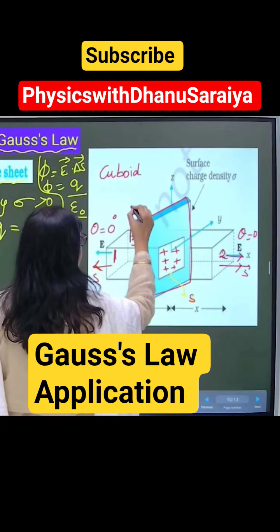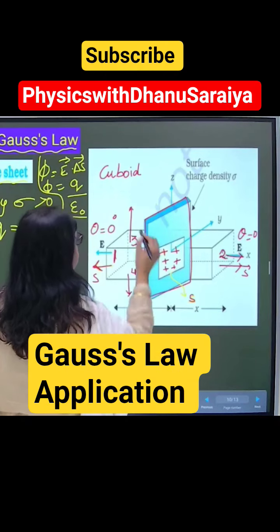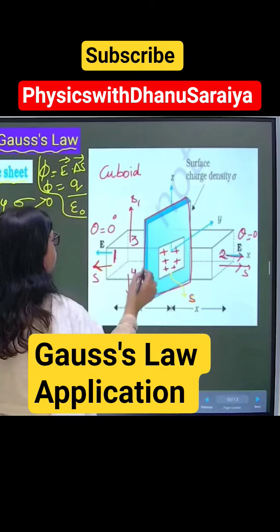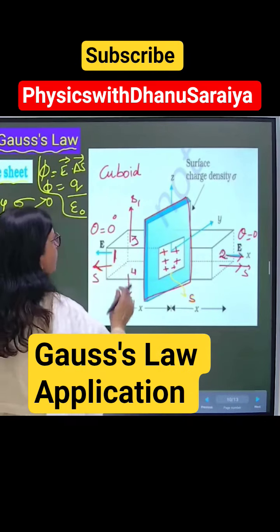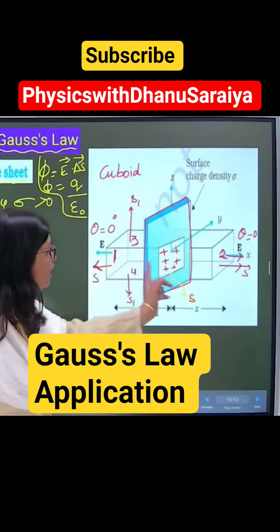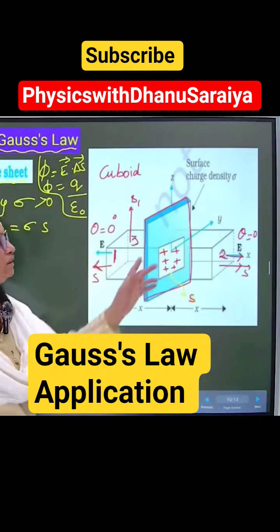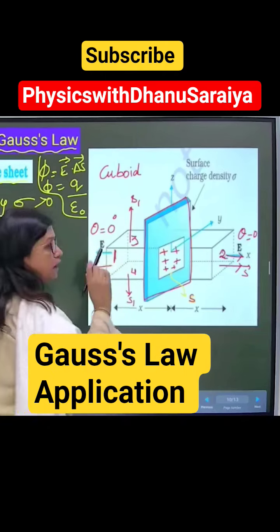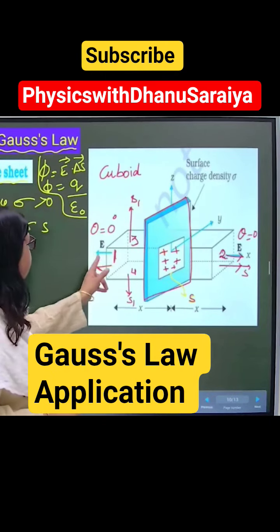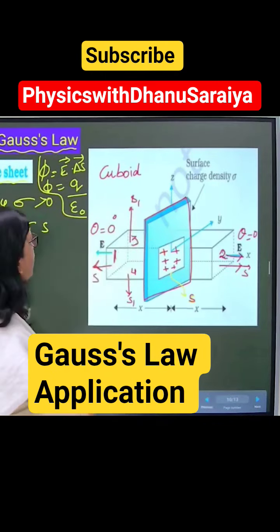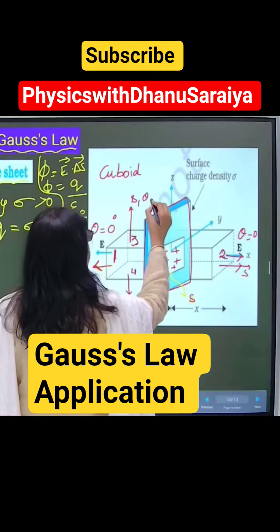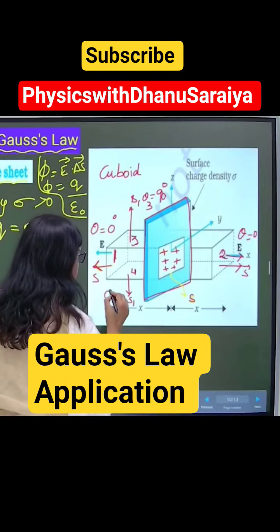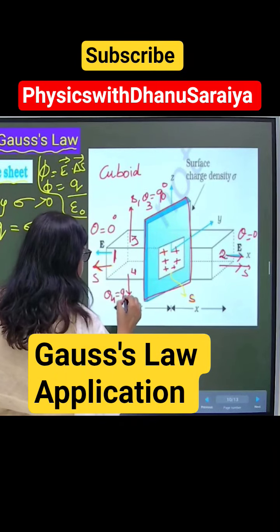Similarly, whether it is surface number 3 or 4 or 5 or 6 of the cuboid, I will show two surfaces. This is the surface S1, I can say, because it is a cuboid. S is not equal to S1. This is also S1. The area element direction goes upwards, but the electric field remains in this direction. So for surface number 3, the angle between the electric field and the area element S1 is theta 3 equal to 90. Similarly here, theta 4 is equal to 90.